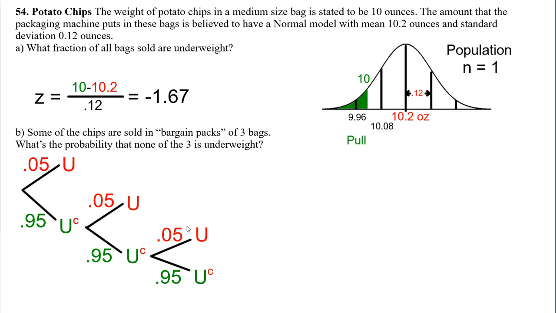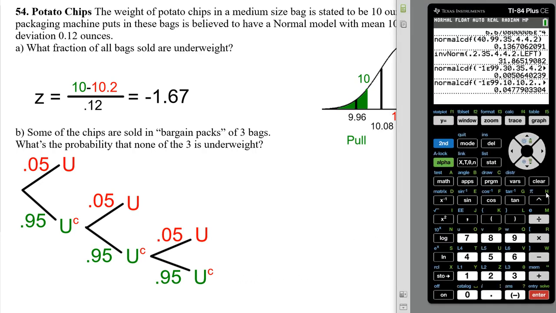All right, so in this case, what's the probability the first one is not underweight? That would be 95% of the bags are not underweight. And then the second one not being underweight would be 95% as well. And then the third one not being underweight would be 95% as well. So to find the probability that we have not underweight, not underweight, and not underweight, that would be 0.95 to the third power. So we'll do 0.95